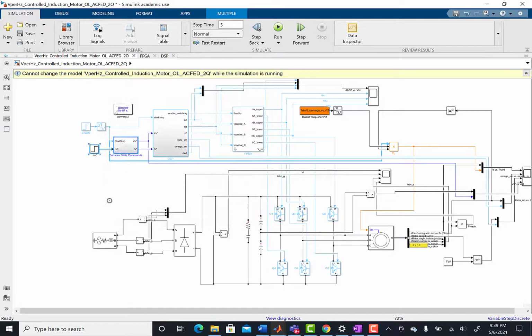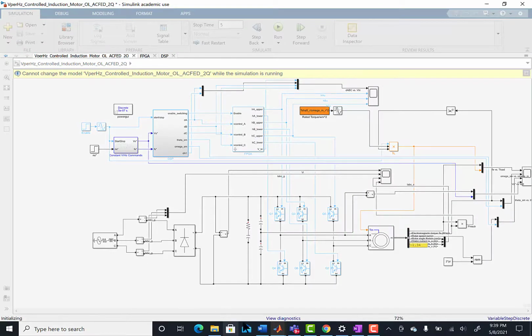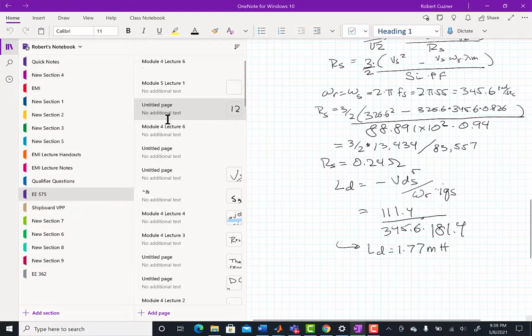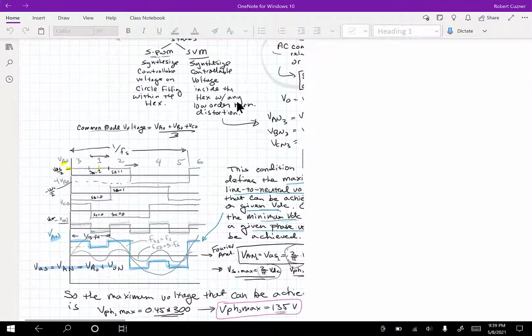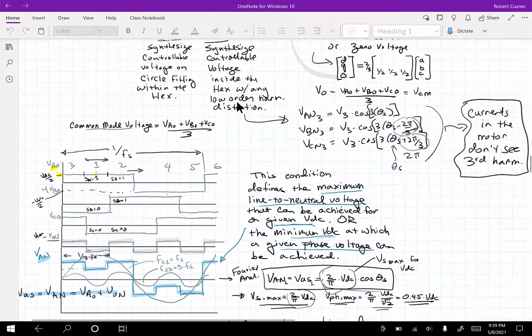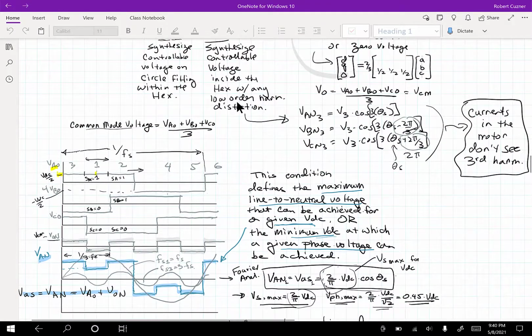I'll go all the way to 2500, and let's see if we can force it well into saturation. I'm indirectly increasing the voltage by commanding a higher frequency here. And let's look at what we mean by this. So we're looking at these waveforms again, and